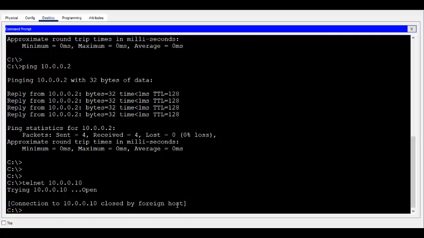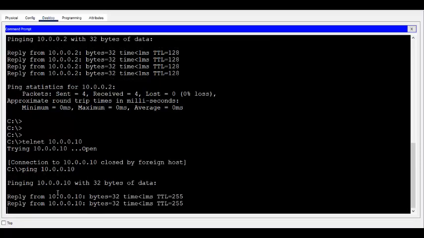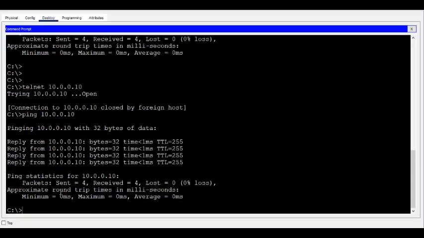So, actually, this PC is going there. If you can ping and get the reply, you're getting the reply from the router, which means that PC can go and talk to the router. When you say telnet, the router says, sorry, I cannot support telnet. Why? I have not enabled